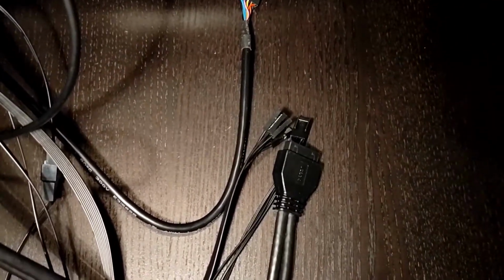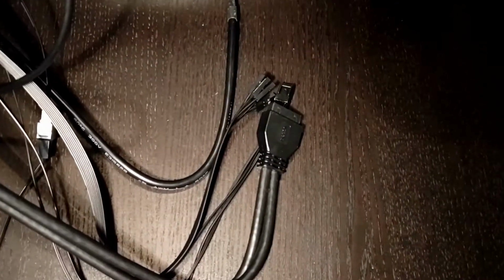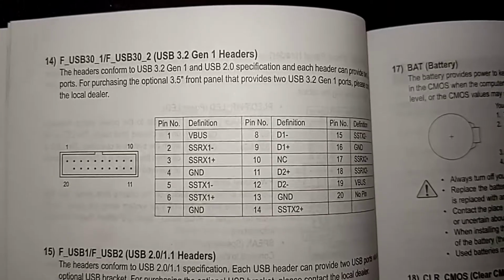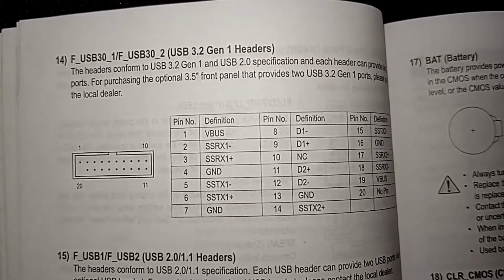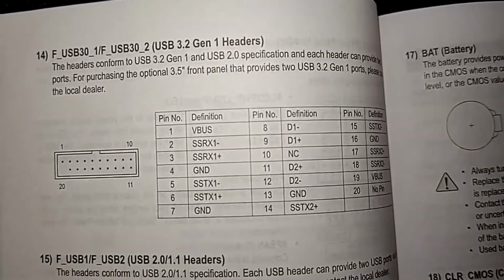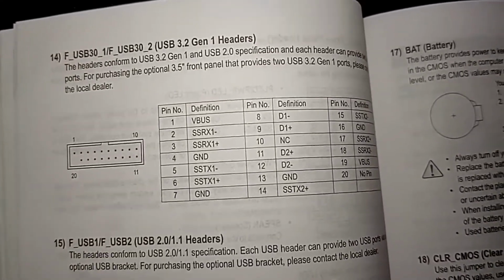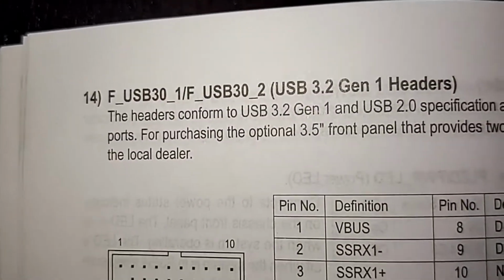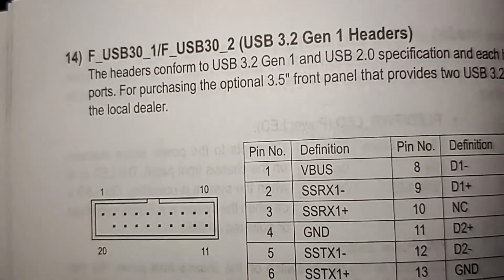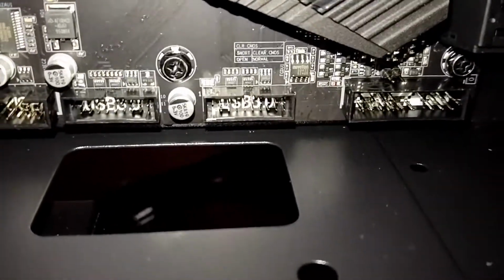We've got about 4 connectors left. Let's go for that giant one, the USB. So for my motherboard, there are 2 USB 3.2 Gen 1 slots, and each of them supports 2 ports. Now my case only comes with 2 ports in the front, and this is for the front USB, so I'll only be using one of them. And over here you can see 2 of them. I'll choose the one on the right,